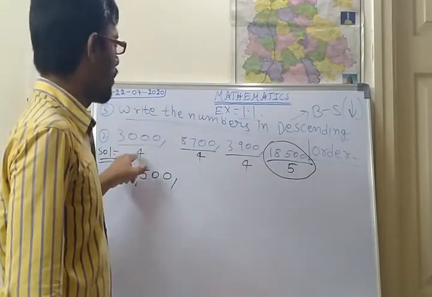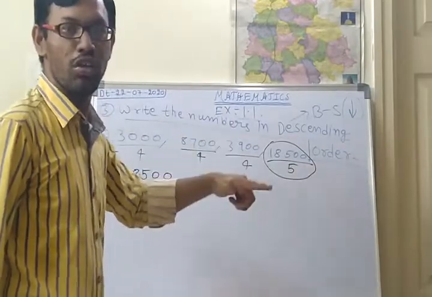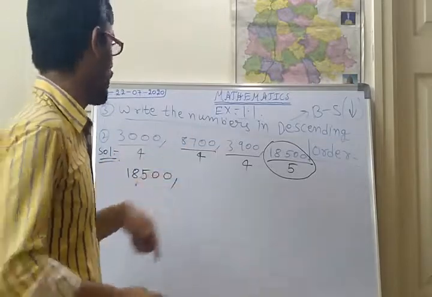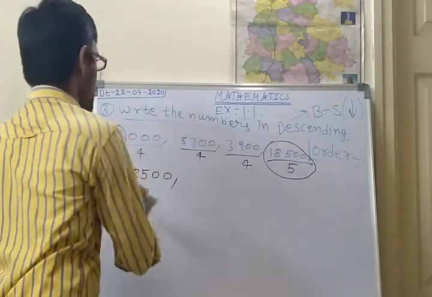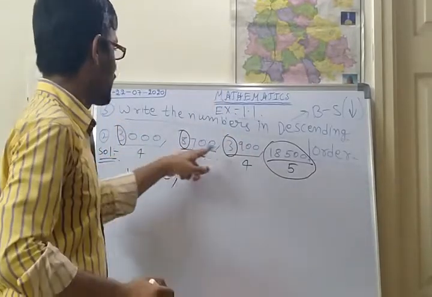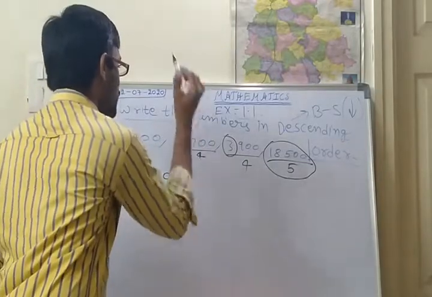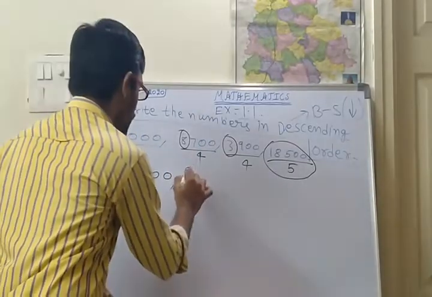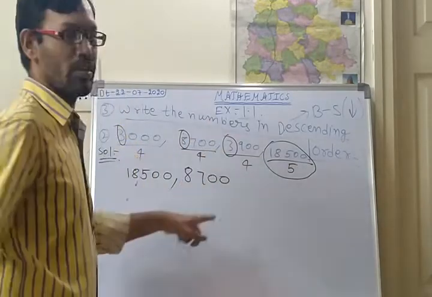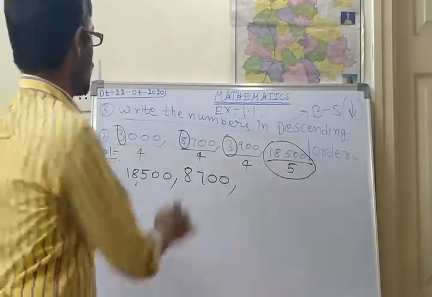With the help of the first method we can't say, because an equal number of digits are there. So what should you do? You should take the first digit of each and every number. Here 3, here 8, here 3. Which is the biggest digit out of these 3? 8 is the biggest digit. So whatever number it belongs to, that one you should write down. So 8700 is the next biggest number. Now this is also completed.